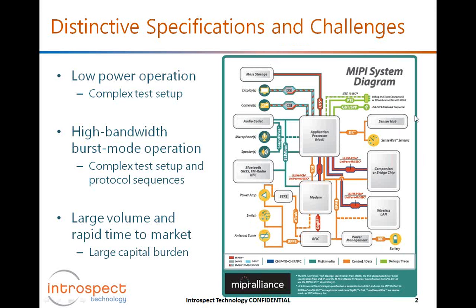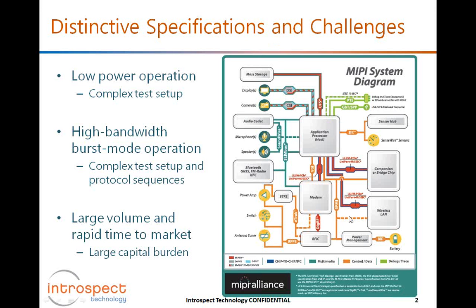So again, this picture on the right-hand side here is essentially the anatomy of a smartphone or a tablet. And as you can see, you have a major application processor in the middle. Then you have various devices like modems and RFICs, as well as the peripherals that really make the device look more and more like a high-performance computer. So mass storage, audio technology, Bluetooth technology, as well as all the sensor hubs that exist in there. So MIPI Alliance has gone ahead and created the various standards for these links, and these are highlighted with the